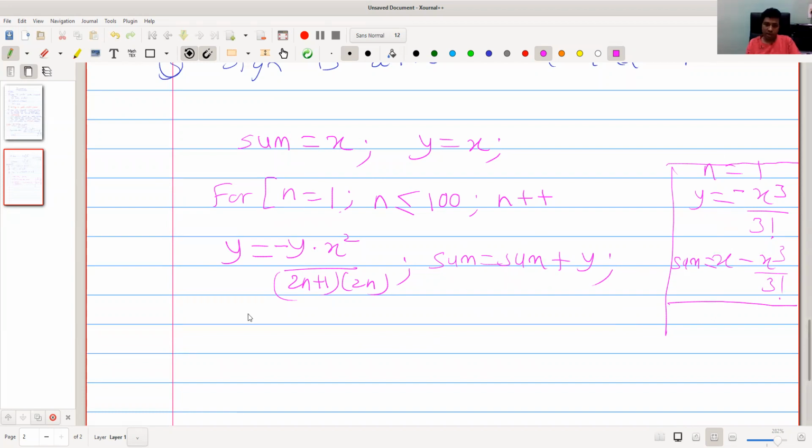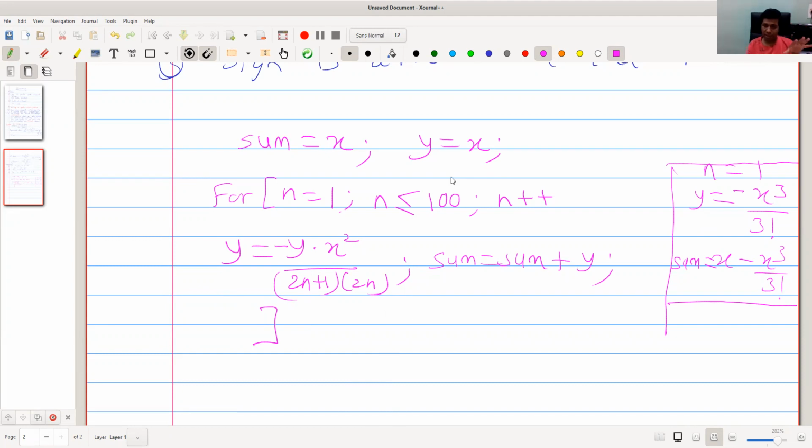Now the first step of the loop completes. Then what happens? Again, increment happens. So n plus plus means n is increased by 1.